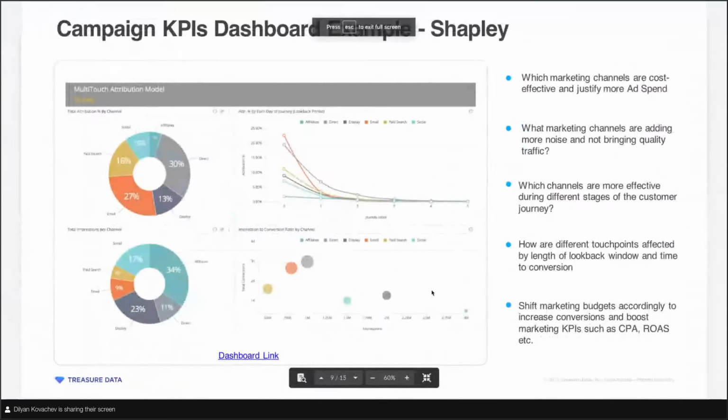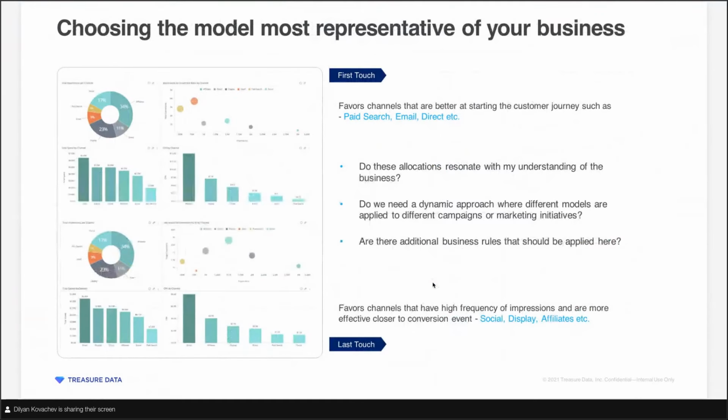And one last thing I wanted to cover. I think we went through the examples, but once you get the information, some of the questions you want to ask yourself is, do these allocations resonate with my understanding of what we're trying to do in the business? Does one of the models really click, or do I need a dynamic approach where different models are applied to different campaigns?